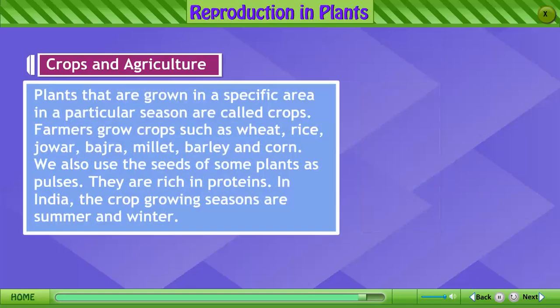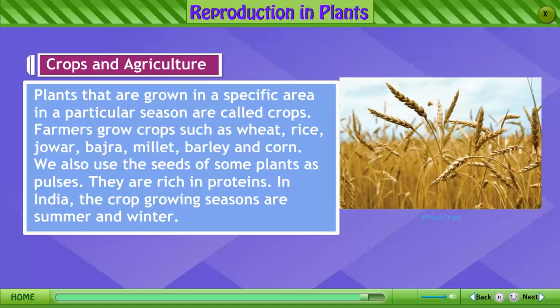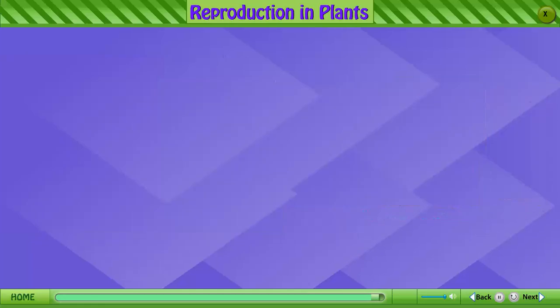Crops and agriculture. Plants that are grown in a specific area in a particular season are called crops. Farmers grow crops such as wheat, rice, jowar, bajra, millet, barley and corn. We also use the seeds of some plants as pulses. They are rich in proteins. In India, the crop growing seasons are summer